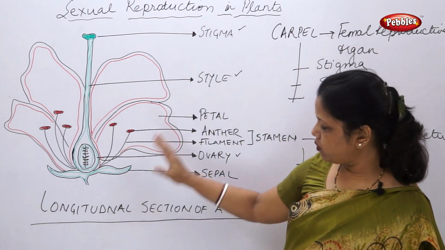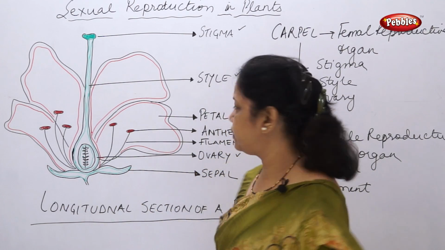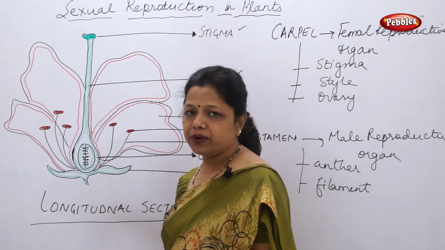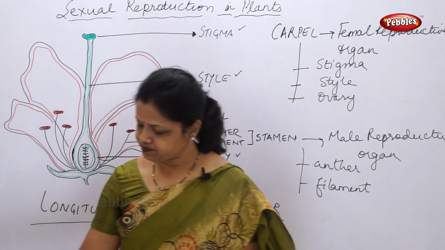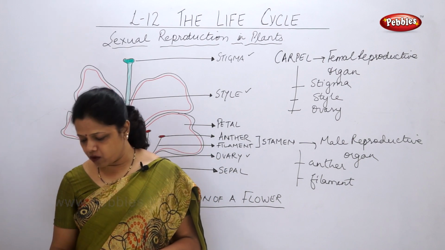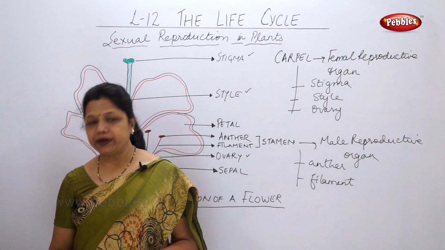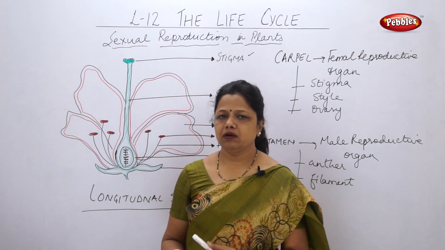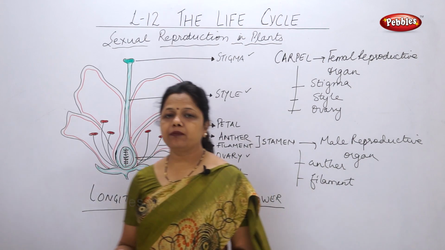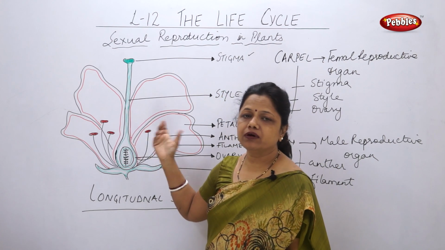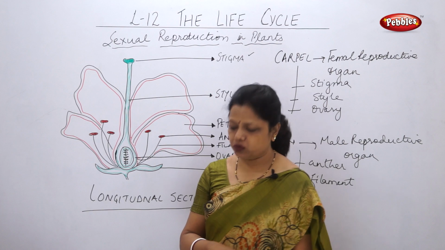Now we have seen the longitudinal section of a flower showing all the parts of the male and female reproductive organs. What is the function of petal? What is the function of sepal? That also we have seen in this part. Now there is a question on page 154, blue box, two questions are there. What is the use of sepals and petals in the flower? As I told you just now, petals are for attracting the insects for pollination, and sepals are protecting the whorl of petals, and also protecting the bud. And thirdly, they are involved in photosynthesis.